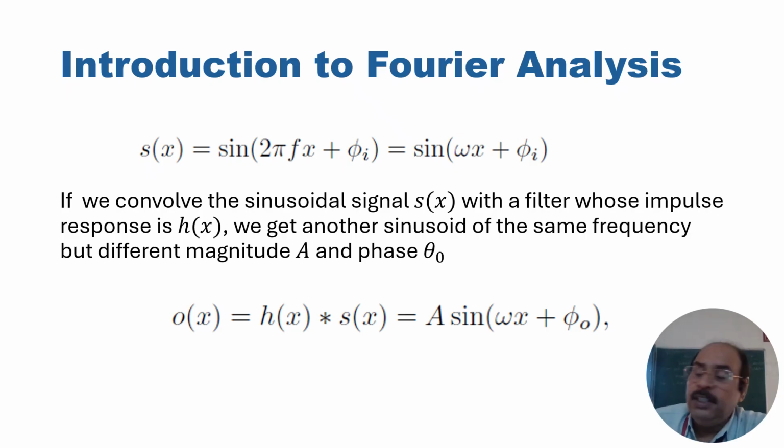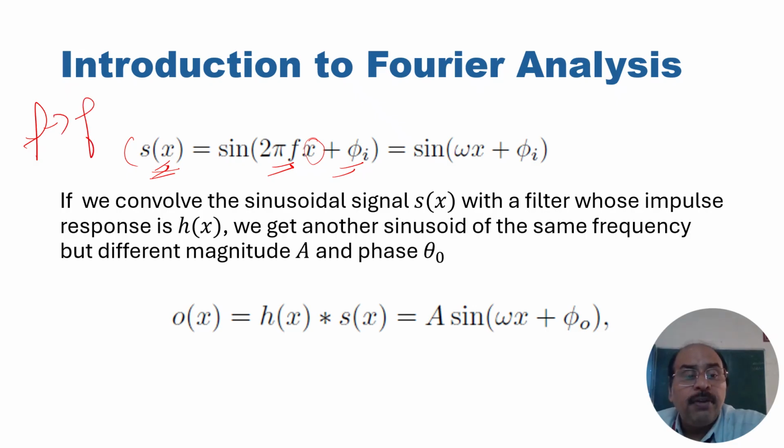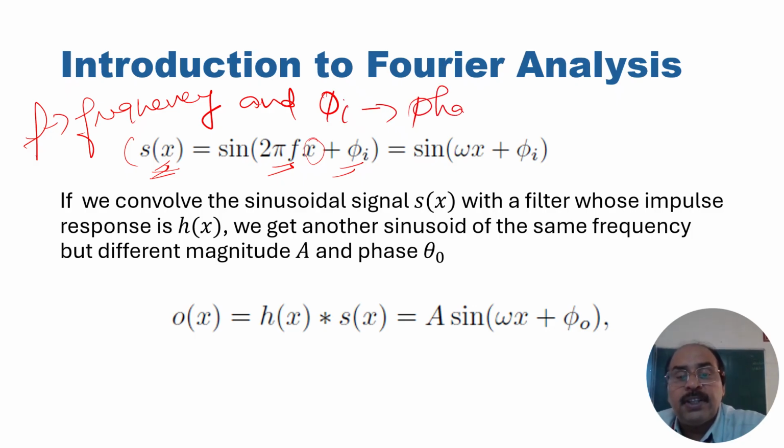So now this is the Fourier analysis. S of x is the output, which is a function of x, where f is the frequency and phi i is the phase. Okay, f stands for frequency and phi i is the phase. Okay,